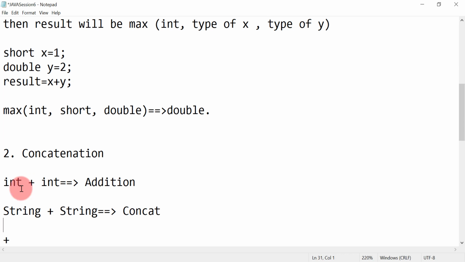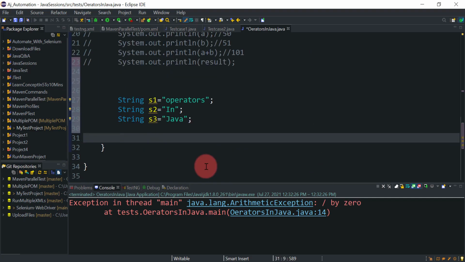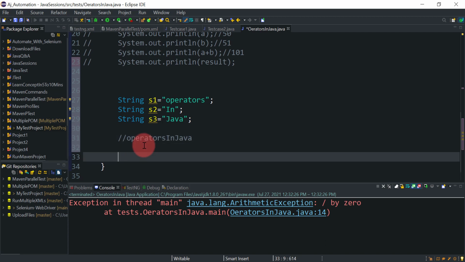So let's go and see a few examples related to this. Let's say I have three strings s1, s2 and s3. s1 is operators, s2 is in, and s3 is Java. If I want to make a single string out of these three, as operators in Java, then you need to use the concatenation operator between these three strings.